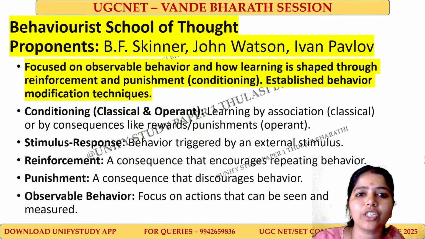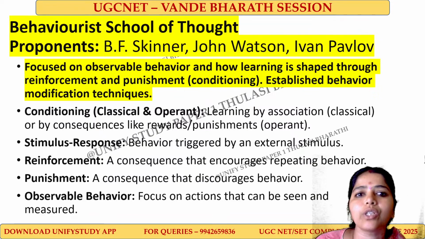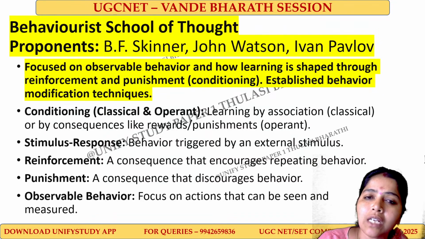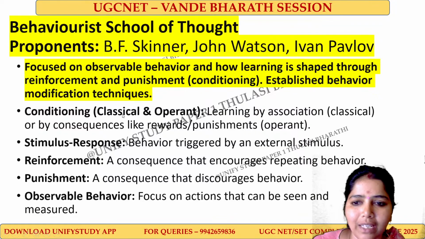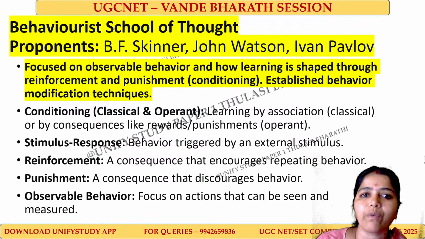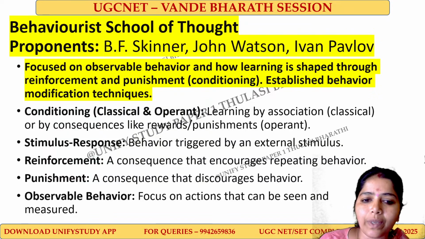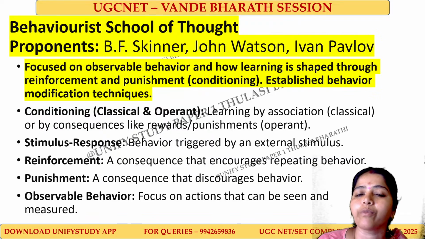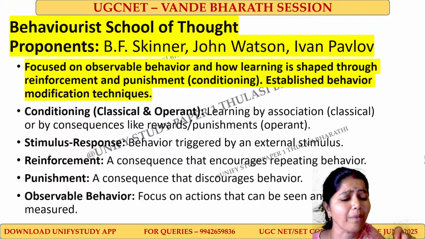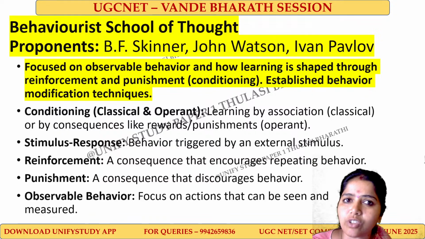So what do you mean by this conditioning? We have two important theories called classical conditioning and operant conditioning. In classical conditioning, we have the concepts of stimulus and a response. So there is an association between a stimulus and a response that is mentioned in classical conditioning. And in operant conditioning, every action, the behavior, if I want to change, it can be done through rewards and punishments, right? So the consequences like rewards and punishments can be given in terms of operant conditioning. So these are the terms. And what is that stimulus response? Some kind of trigger will be there, so that for that trigger the response will be created. So that's called stimulus and response.